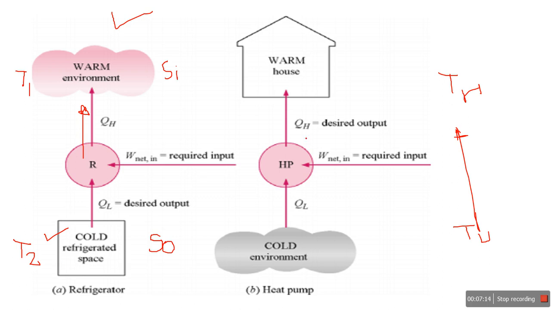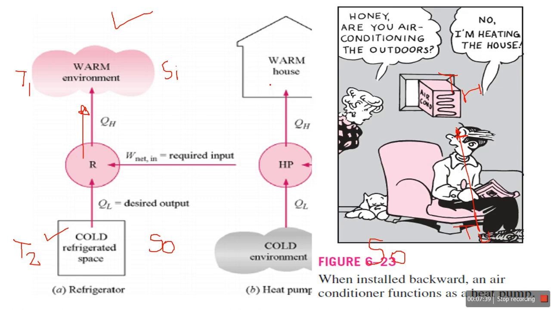In the case of a heat pump, it is continuously absorbing heat from the surroundings. So again, for the heat pump, the source is the environment. Here, the source is the environment, and via the condenser heat is rejected. Now, what is the main difference between a refrigerator and a heat pump? If you see this figure,